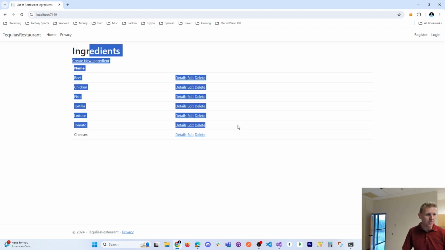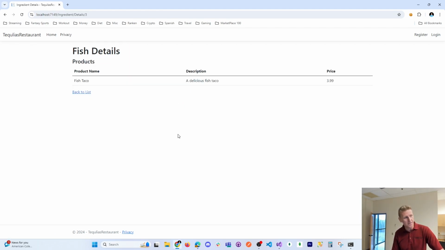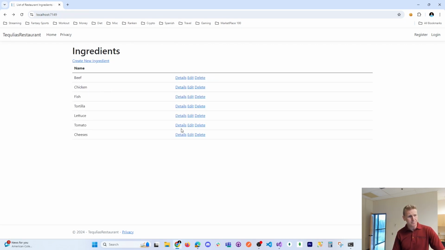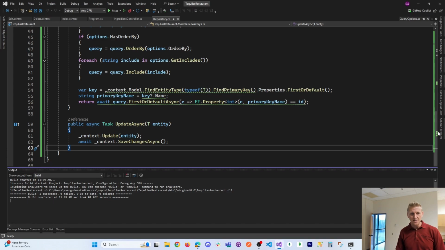So we've got kind of our CRUD operations going. Really the neat one there is the details operation, we implemented this repository pattern, so it's a little bit different than just a straight CRUD operation. So we got many-to-many, we got a repository pattern. The last thing I'm just going to tweak is